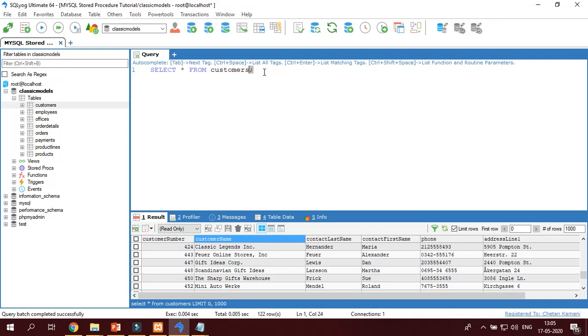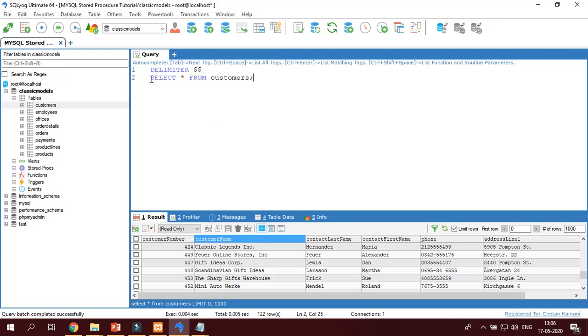Right now our delimiter is semicolon, but if I want to change the delimiter, then before the execution of the query I have to write delimiter $$. Now you do not have to write semicolon over here, be careful. Once the MySQL compiler compiles this, it will set $$. Now it knows that $$ is the delimiter.